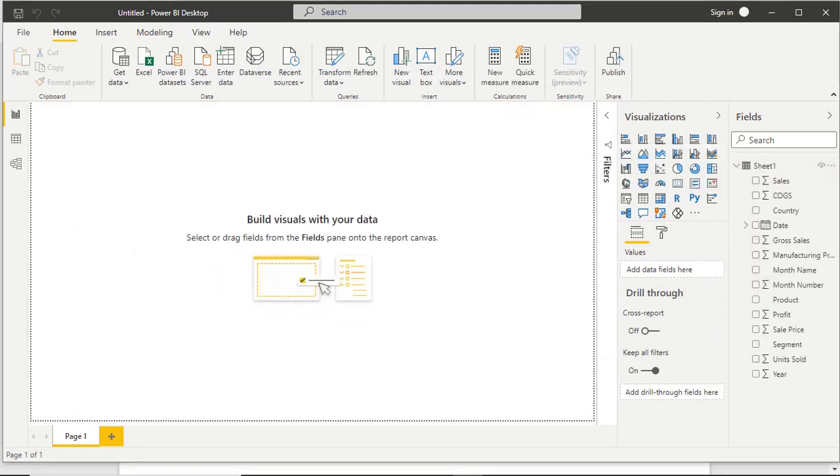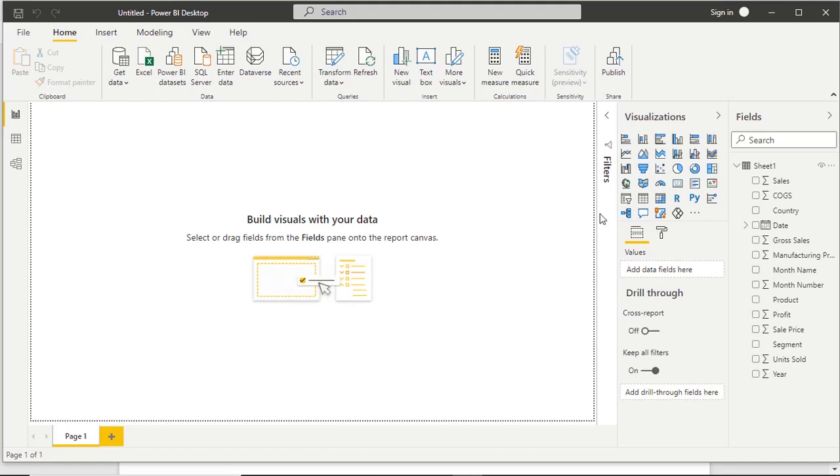Now, how to create the stacked bar chart? On the right side, in the fields section, you can see the list of fields which have been uploaded from the Excel sheet. In some fields, you can see a sigma sign as a prefix. It means these fields are numeric types. On these fields, we can apply mathematical calculations like average, sum, count. In the visualization section, we have the different types of components, so we can present the data using these components in different shapes and different reports.